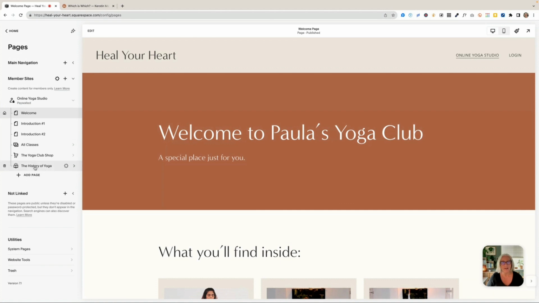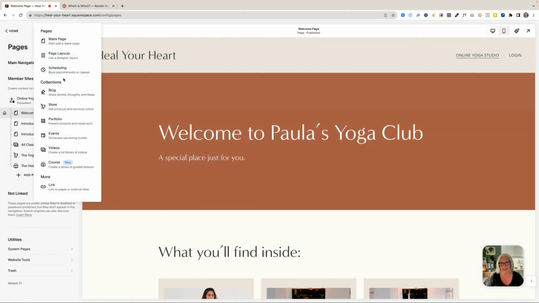So here, we can add all these pages. Remember, it's a folder. So if I click on add page, I have all the regular page options that I have available in Squarespace. So, I can add links even, so I could link out to, for instance, a Facebook group or a private group if you have a group attached to your program. And then we have the regular pages here. You can have pre-styled layouts if you want. You can even add a scheduling page here, and you can add any of these collections, including a video page